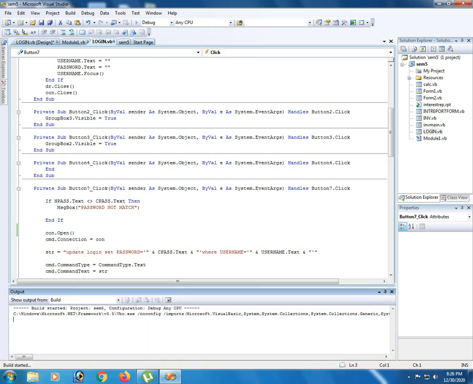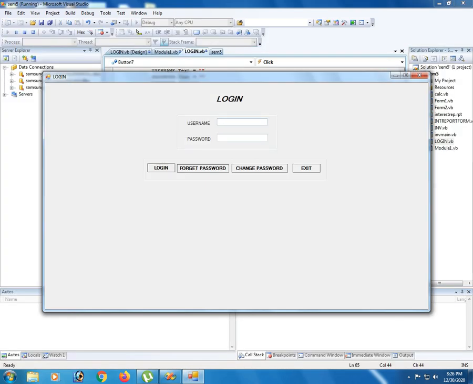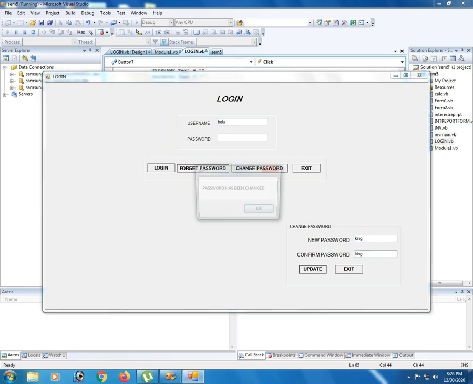Now you can change the password. The earlier password is 900, right? Now I am going to change that password. For example, I am giving the new password King, and the confirm password also King. Just click update, and the data will be updated. You can see whether it is correct or not. Just click exit, and then we log in with King, and the login is successful and goes to the main menu. See, this is the main menu. So this is the entire scenario: the login page, navigation, forgot password and change password.